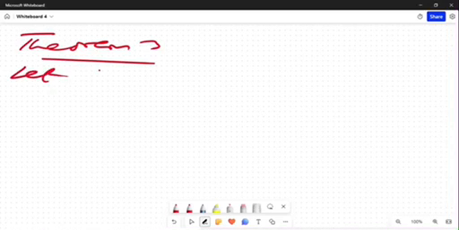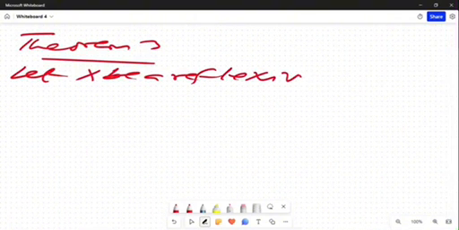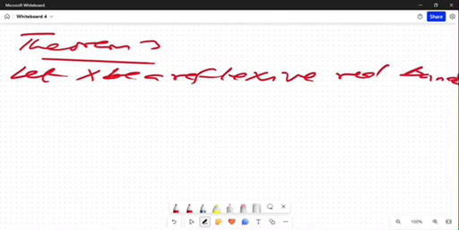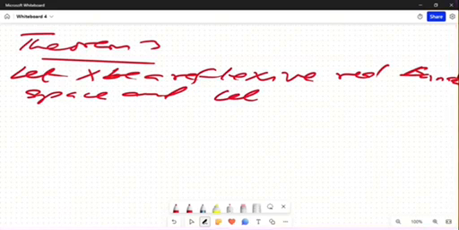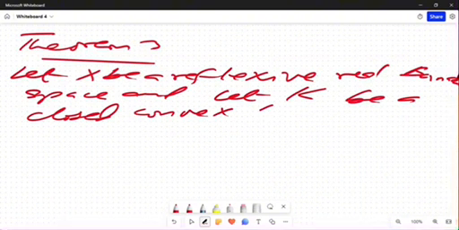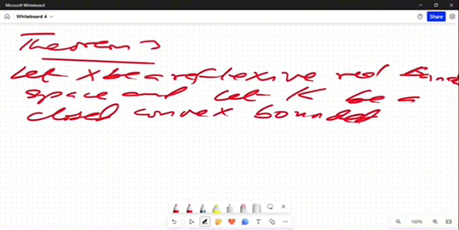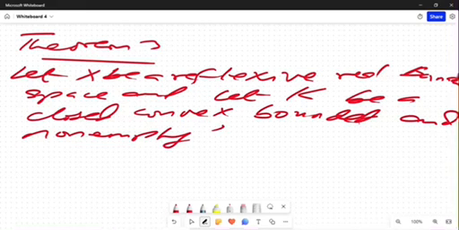This one says let X be a reflexive real Banach space, and let K be a closed convex bounded and non-empty subset of X,